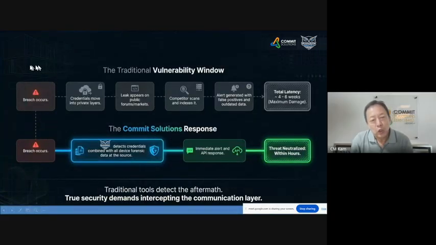So in normal circumstances, in a lot of, I'll put it as my competitors today, when a breach occurs, the credential will flow through private layers, means one of those layers that I mentioned earlier. So during that flow, it takes time, right? Goes there, somebody has a look at it, right? Then it starts appearing in the public forum or marketplace where transactions start to happen. People probably try to sell you a list of credentials and things like that.